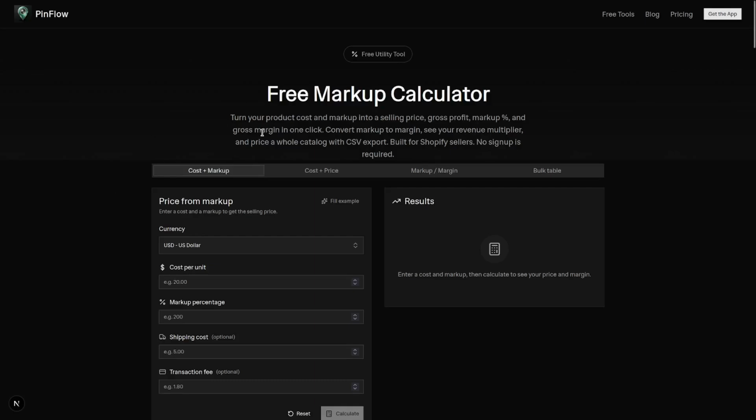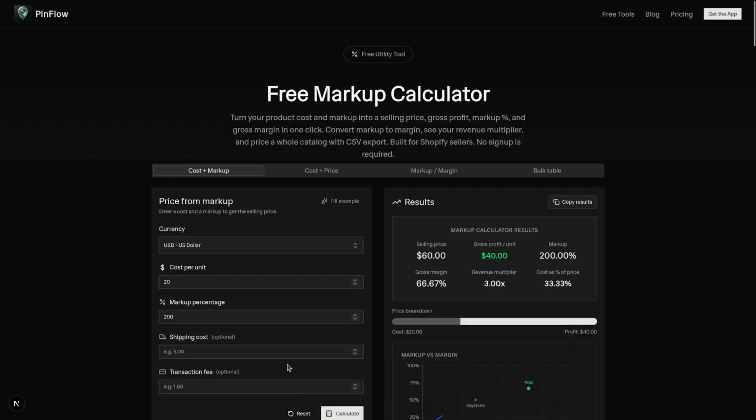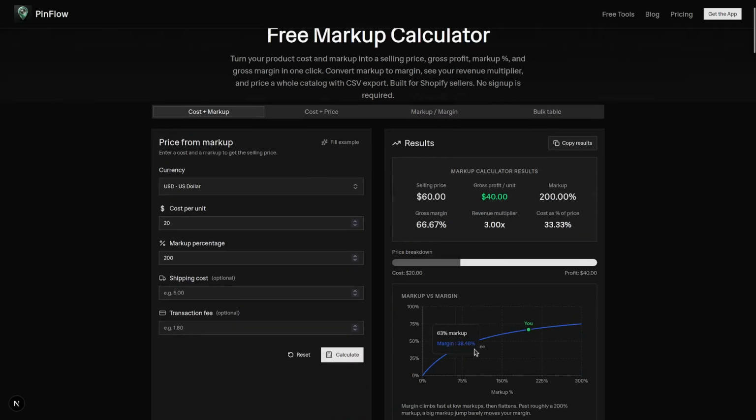This is another tool. It's called Markup Calculator. To start, simply hit the example button, and it will populate these values with some example values so that you can adjust them and hit the calculate button. You will see these markup values, and you can adjust them to see your values in real time. And here you are being shown